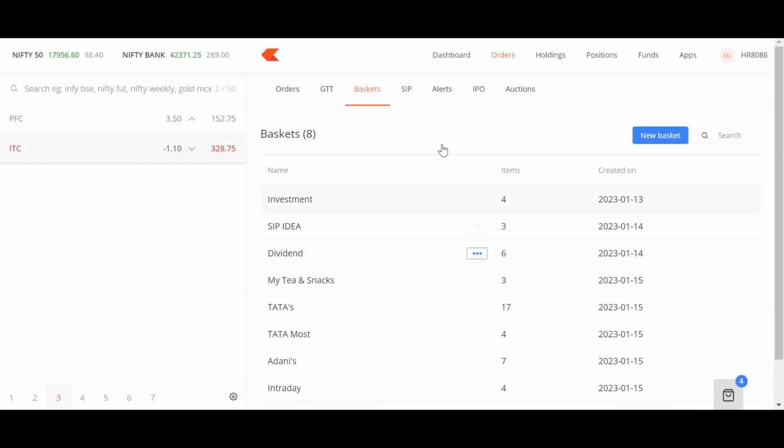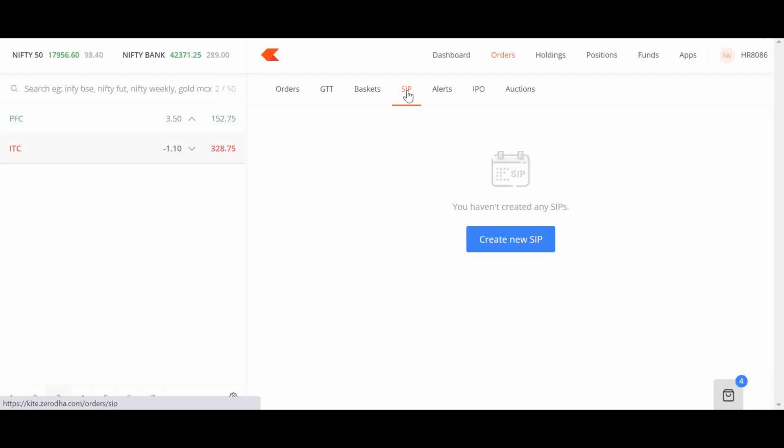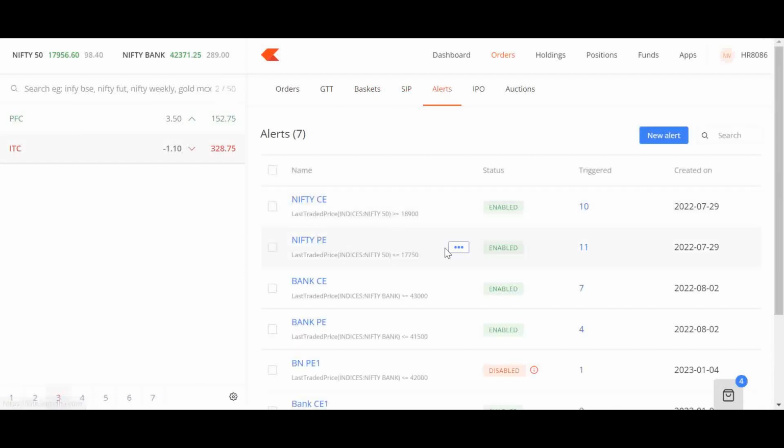And the fourth one is SIP. But before that, we will see the alert. Whenever the stock reaches a certain level, you can set an alert, and based on that you can also buy. Let's say you don't want to create the GTT, or you don't have the margin. In case you just need alerts, even for intraday or some other levels,